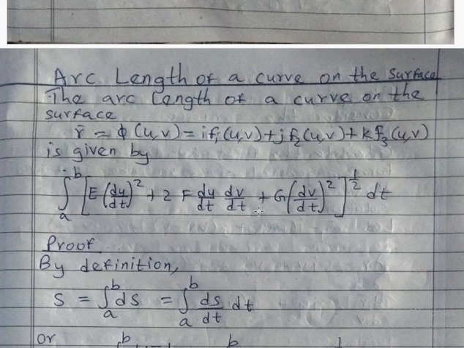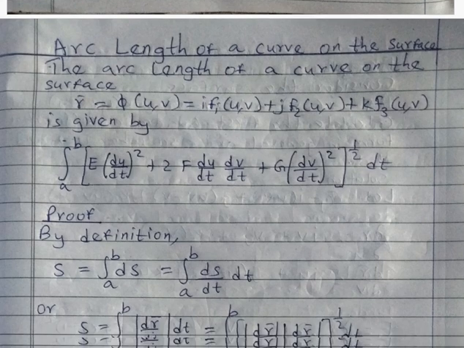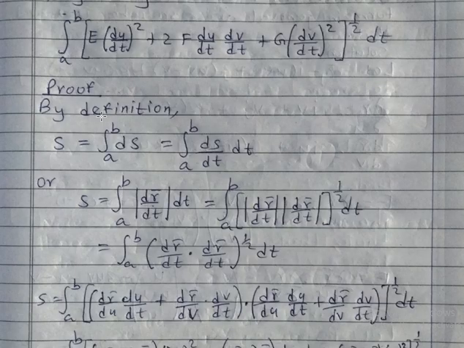So we want to prove this one. S is the same as the integral of a small change in s from a point A to a point B, and ds can be written as ds/dt times dt. Then we integrate this from the point A to the point B. But ds/dt is the same as the modulus of dr/dt, and therefore s is the integral of the modulus of dr/dt. We integrate it with respect to t from a point A to a point B, which can